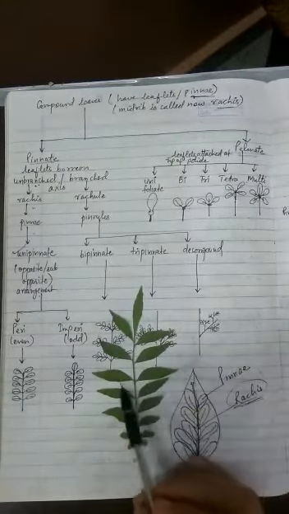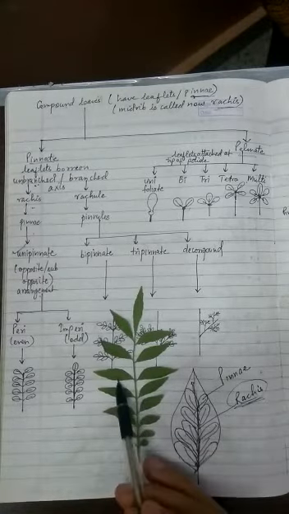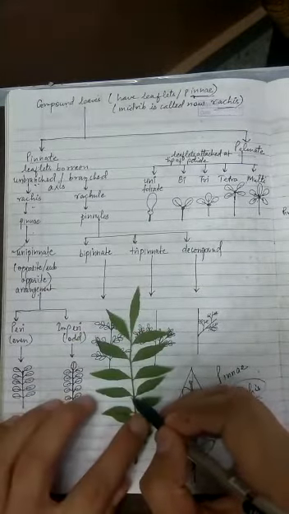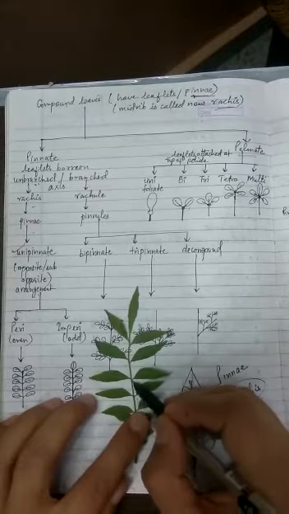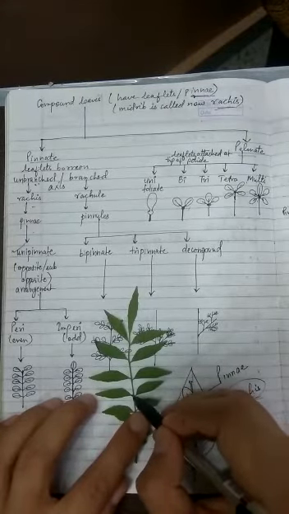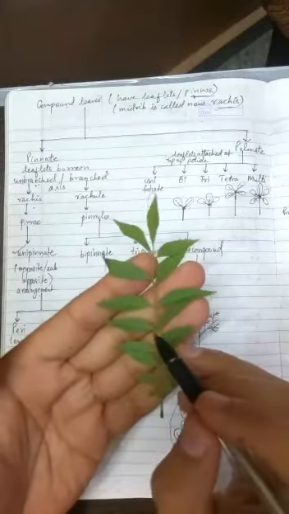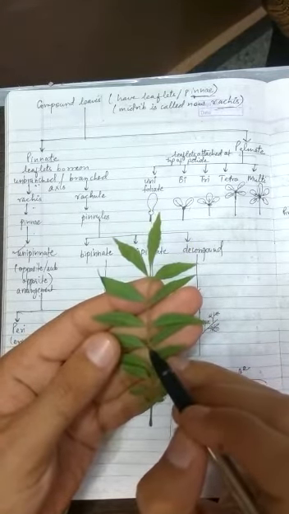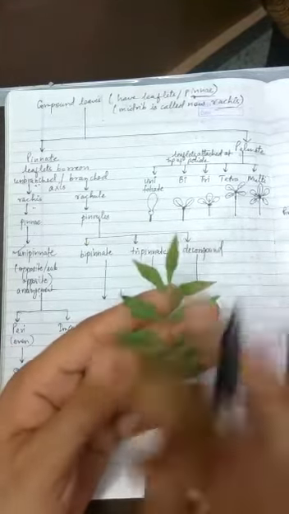And then how do you distinguish a leaf? Many of you might be confused about how you know whether this is a leaf or this whole thing is a leaf. So very easy. Every leaf is attached with the help of a petiole, and then there will be a stem, or you can say a node, and then a gap in between called internode, and then there is an axillary angle, and then there will be an axillary bud. But when you look at this leaf, you won't find any angle, or any internode or node, or any bud present here. That means that this is not a leaf. This whole thing is a leaf.